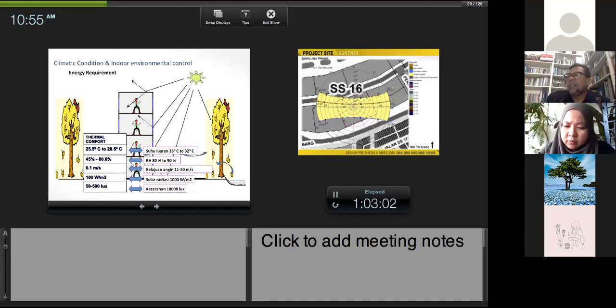So the challenge is that outside it is 26 to 32 degrees Celsius, but you need to provide thermal comfort indoors for your student center, at least 25.5 degrees Celsius at night and 28.5 degrees during the daytime. So how do we lower it from 32 to 28? Relative humidity, to lower it from 90 to 80 to 45. Wind speed, solar radiation. The most difficult problem is solar radiation, from 1000 watts per square meter to 100 watts per square meter. This is approximate. Then brightness, we talk about daylight. I will do that later. So this is in the natural context.